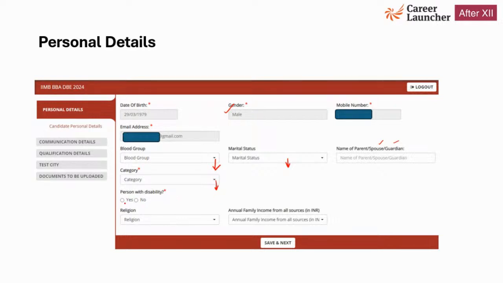Are you a person with disability? Accordingly, yes or no will apply over here. If you select yes, then it asks you a question about whether you need a scribe or not. You have to also select from the drop down your religion, whether you belong to Hindu religion, Sikh religion. So the options are provided over here, and about your annual family income, all combined together, from all sources combined together. Once you have filled this part, the personal details part of your application form, click on save and next,